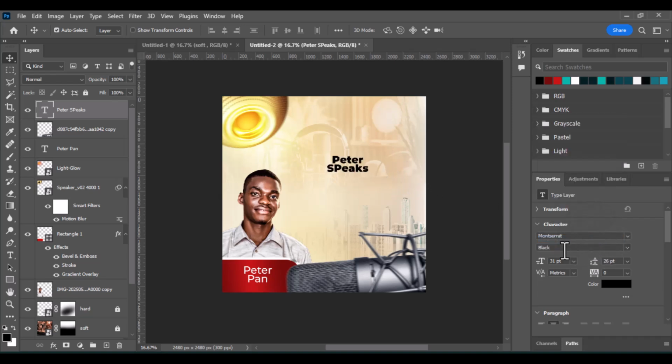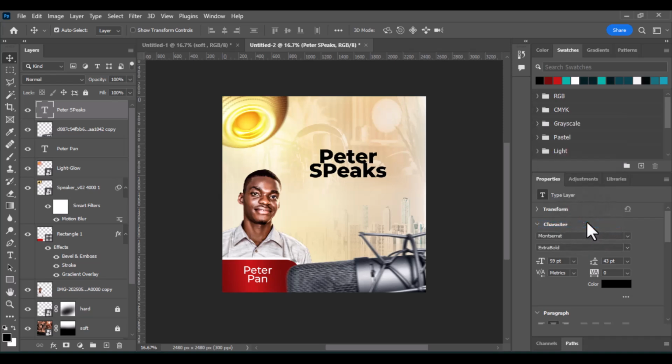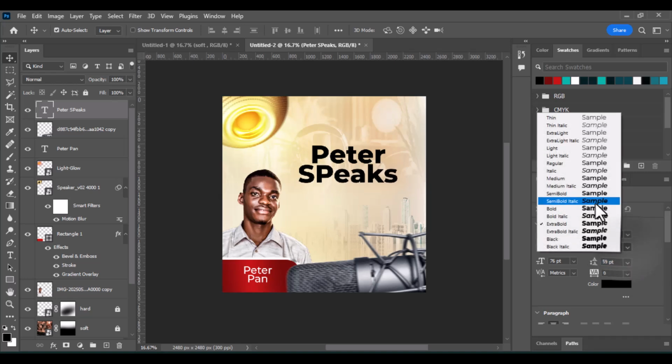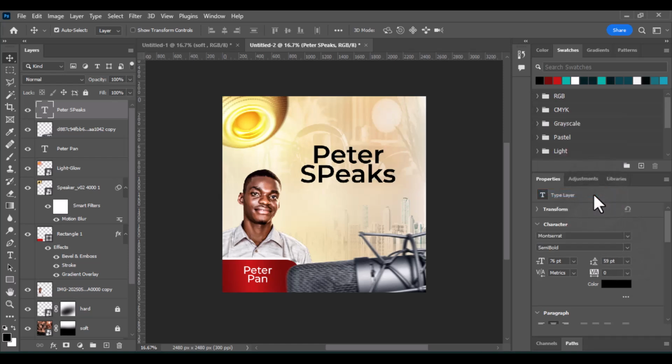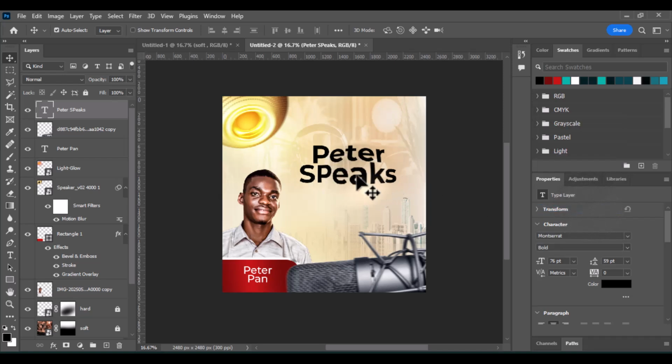Black, scale that up. Yeah, black is way too much, it's too heavy, so I'm gonna bring it down to extra bold. Extra bold looks good. So I'm going to scale this up. Actually, I'm going to reduce this to maybe semi-bold. Bold is perfect. So what I'm going to do to this text is I'm going to add